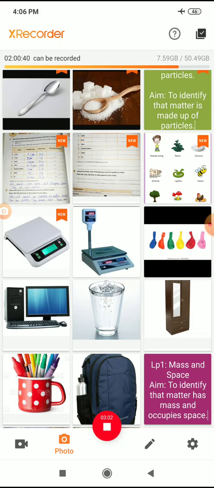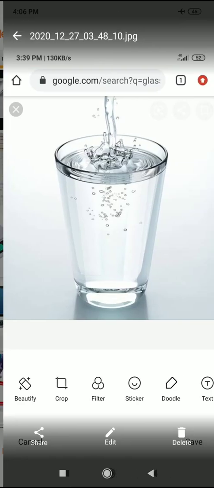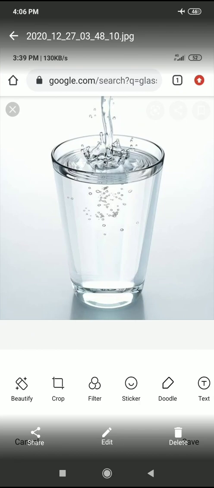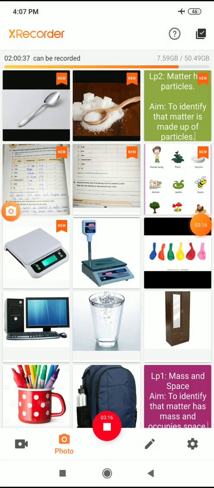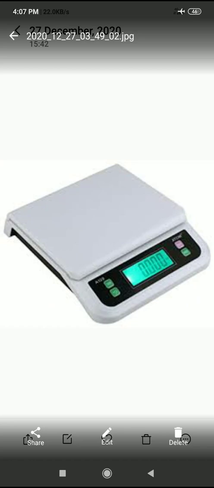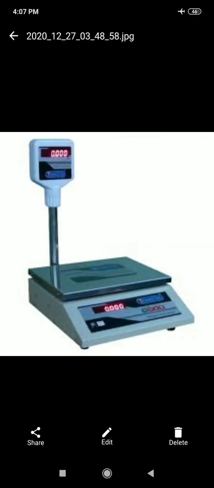Okay, so maybe your confusion, ma'am, is how does water have mass? Of course it has mass. See what you do, take a tumbler or a glass and fill up the water, and keep it on this weighing machine, or if you don't have one, no problem, then you will see that it has mass, right? Please do this activity, then you will clearly come to know how much it will weigh.